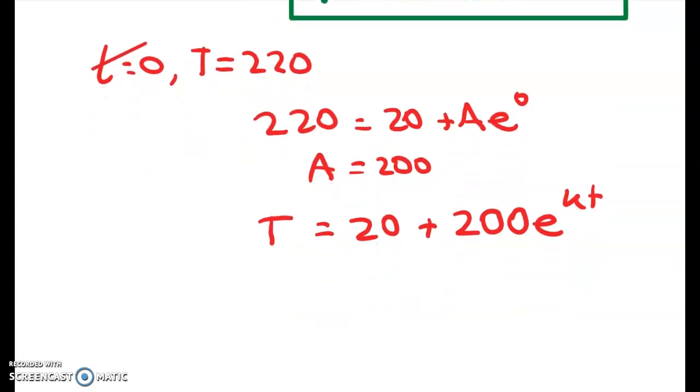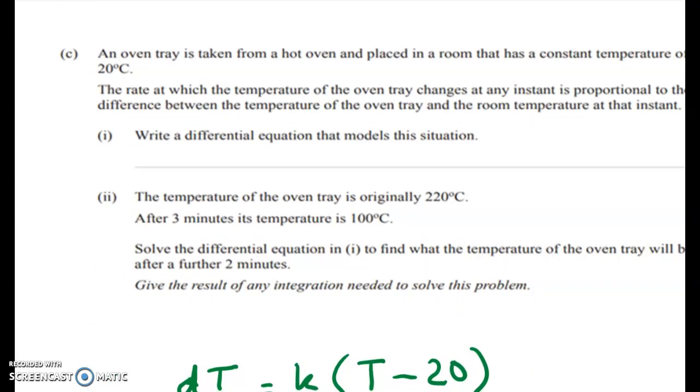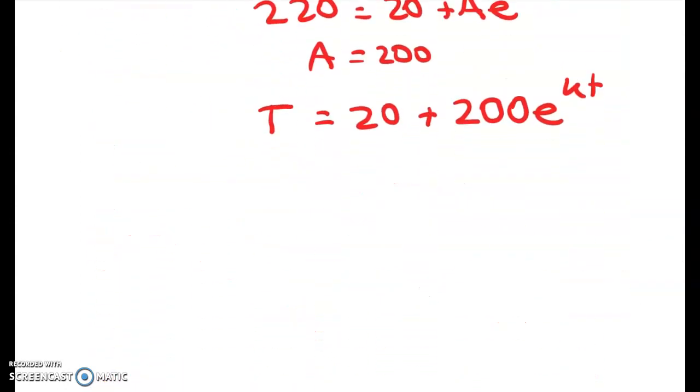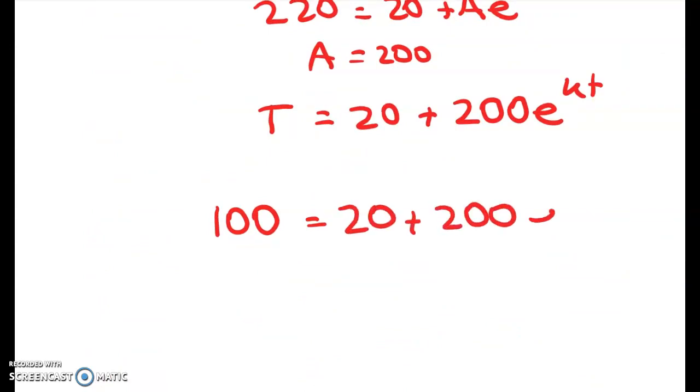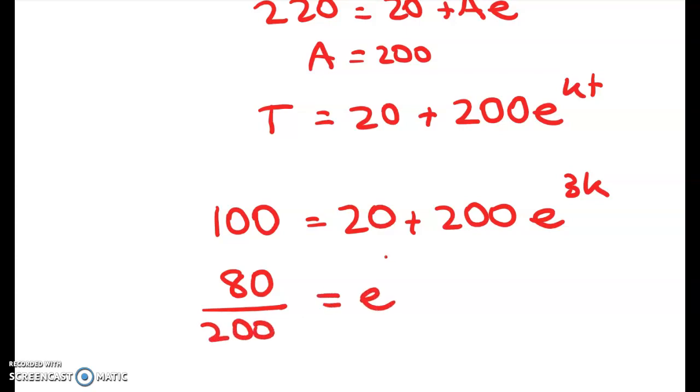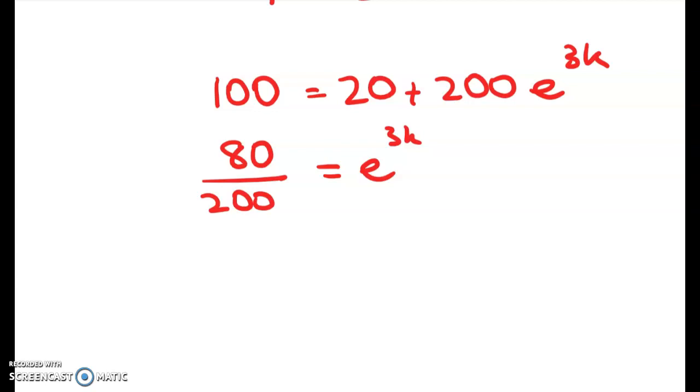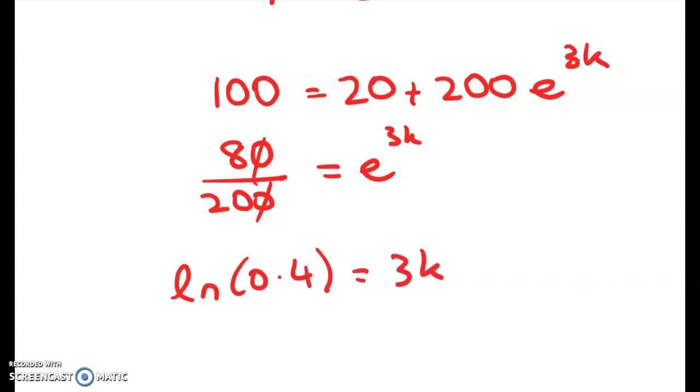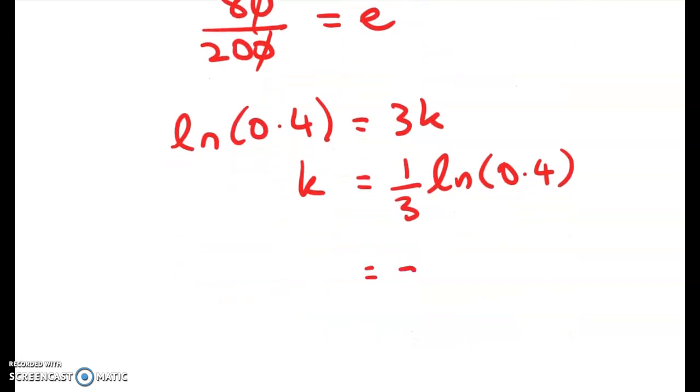And what do we know next? Well, we know that after 3 minutes, the temperature drops to 100 degrees. So we'll substitute in 3 here, so we get e to the 3k. Just being careful with this, we get 80 divided by 200 is equal to e to the 3k. We're going to take logs of both sides. So we get the natural log of 0.4 is equal to 3k. k is equal to 1/3 times the natural log of 0.4. That's going to be a negative number. That works out to be negative